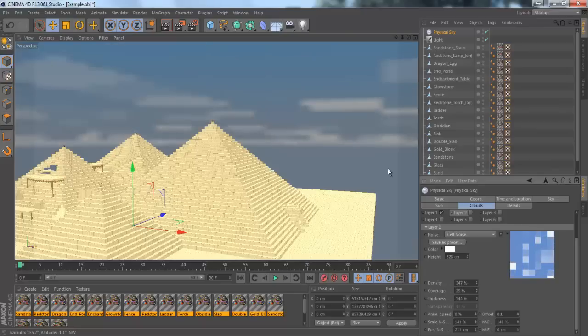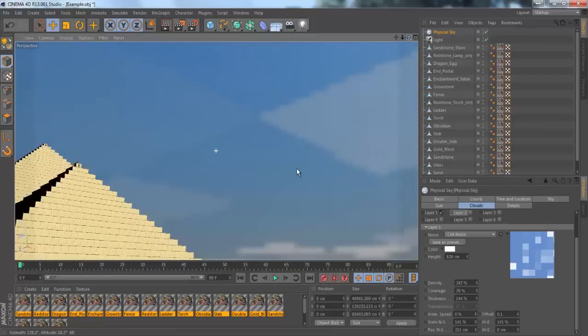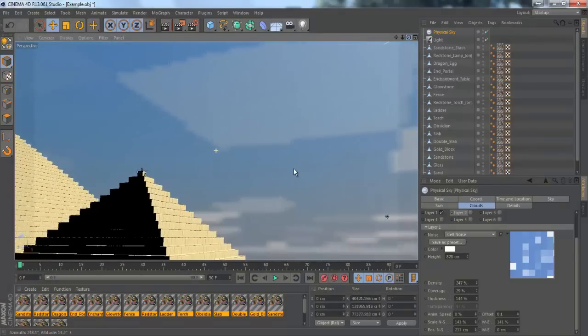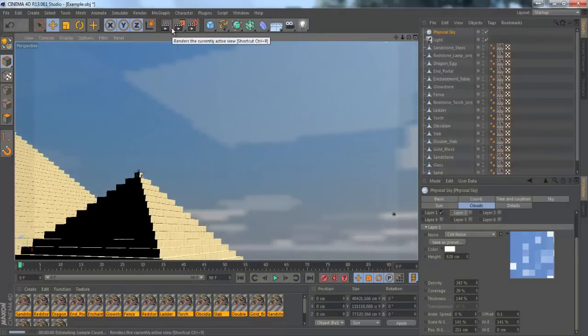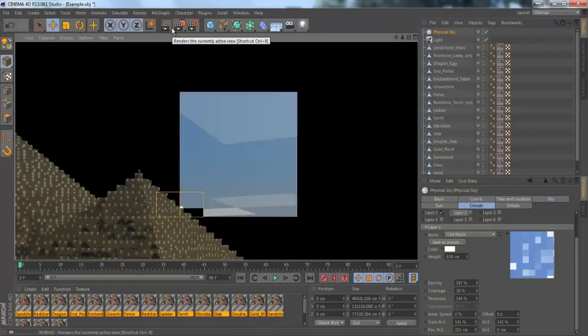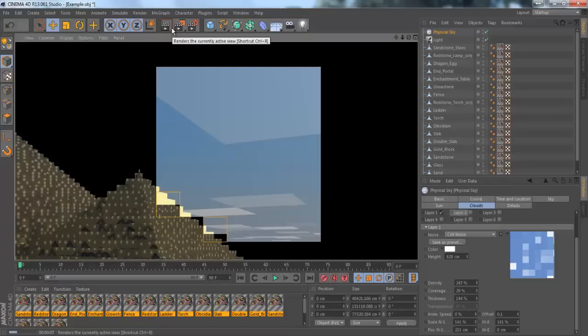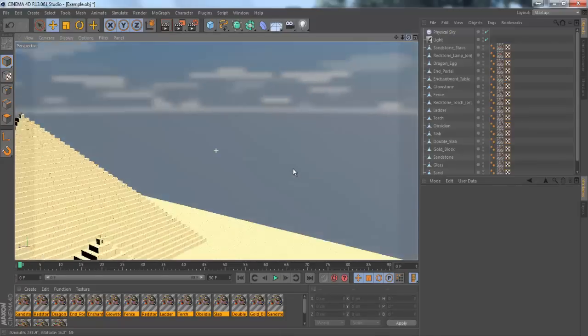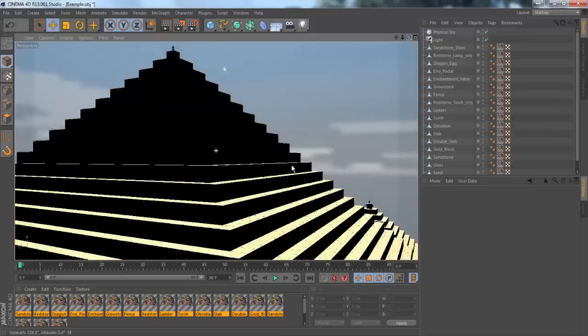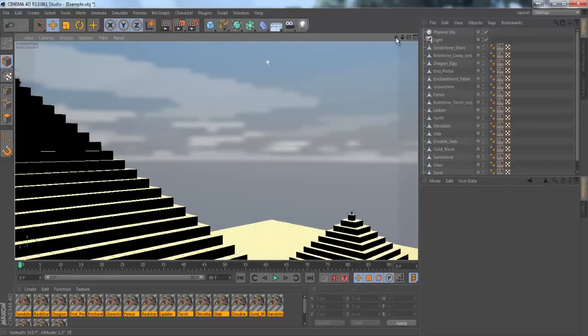change the coverage down, and now if we rendered out the sky, then it would show the blocks kind of like Minecraft. So you'll see how they're in squares. So it looks pretty nice. If I show the sun again here,